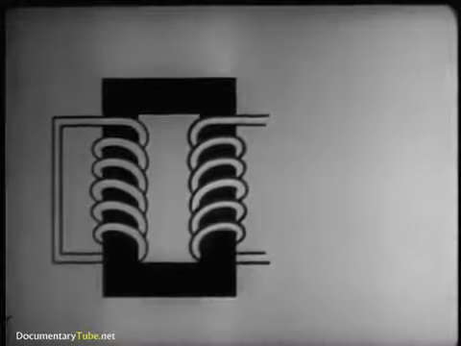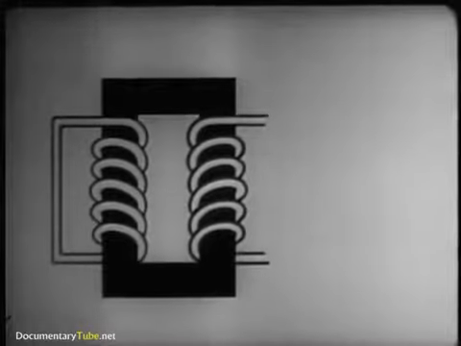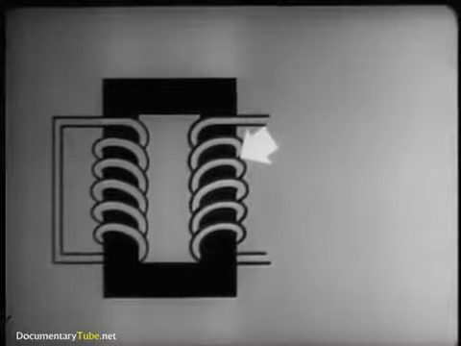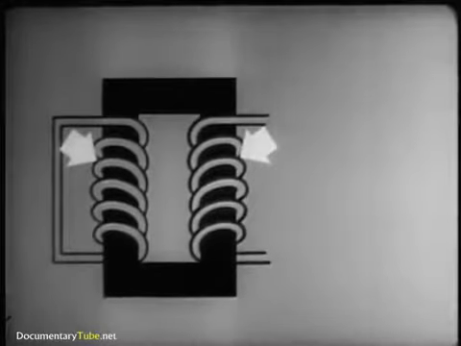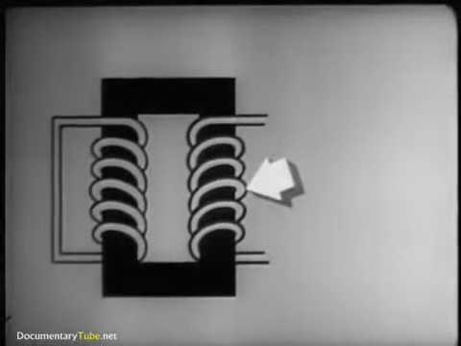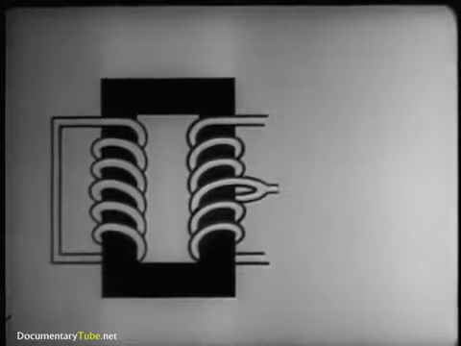So far, so good. But suppose we want current to flow in one winding without producing any effect whatever in the other winding. We can do this by connecting the exact midpoint of one winding to one side of our current